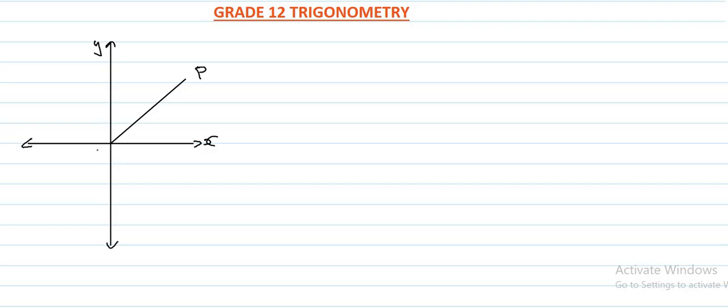So if this is 0, the coordinate of P is given by x and y. So if this is point P,